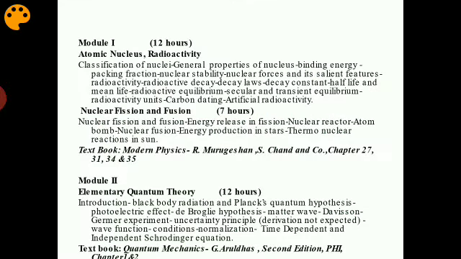You must have heard these terms, radioactivity and atomic nucleus. You will learn about the properties of the nucleus, the properties of nuclear force, etc., and various aspects of radioactivity in the first session. Then you have to study about nuclear fission and fusion. So this is the first module of this course.